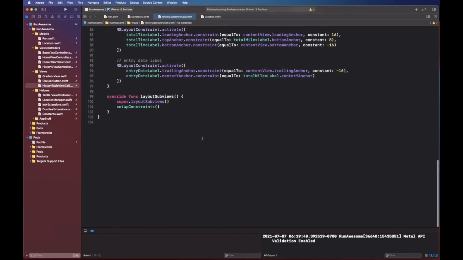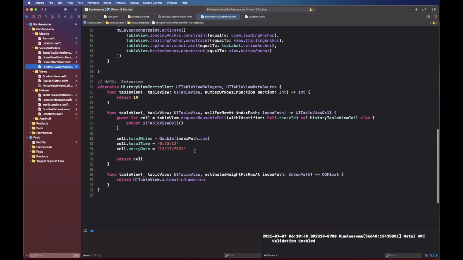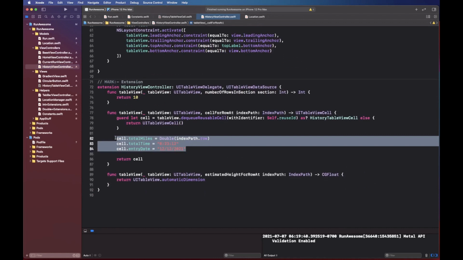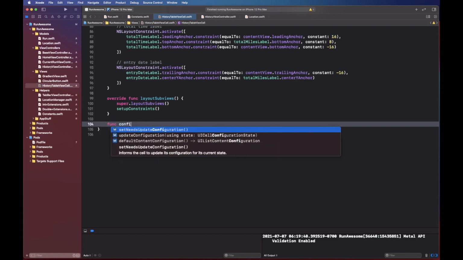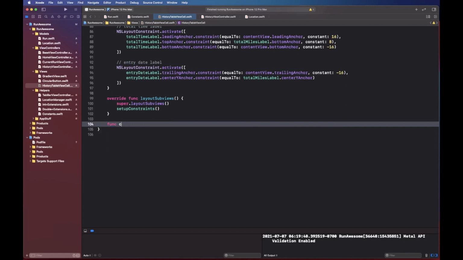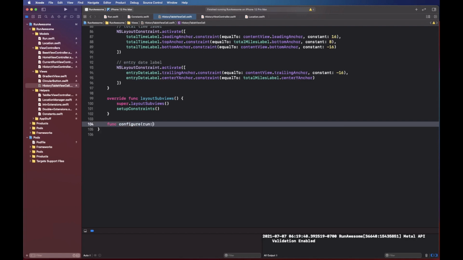Now the one new function that I want to include is basically configuration options. If you go back to your history view controller, you're going to notice that we are setting 3 different values for the cell. Instead of this, we can clean this up a little better by passing an object into the cell and then configuring the cell over there. So we can pass the run object and then configure each individual cell. So I'm going to create a configure function